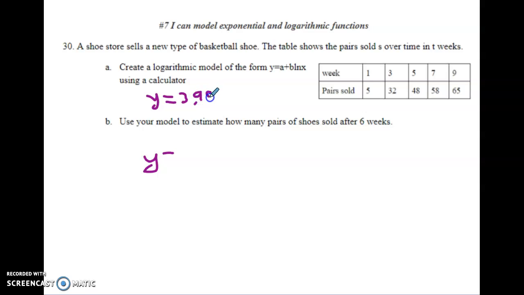3.95 plus B, which is 27.475, natural log of X. And then it says use your model to estimate how many pairs of shoes are sold